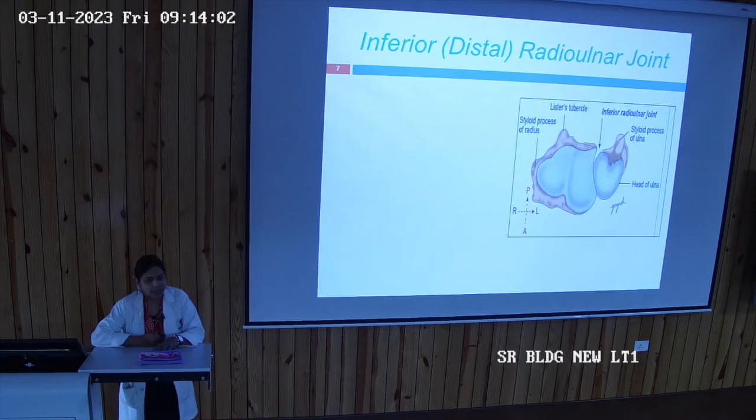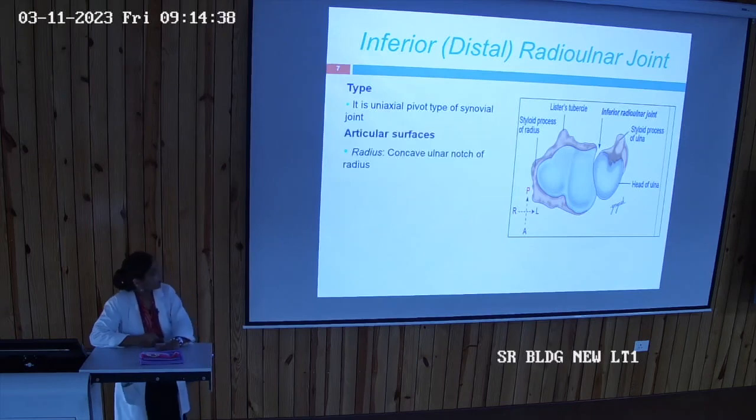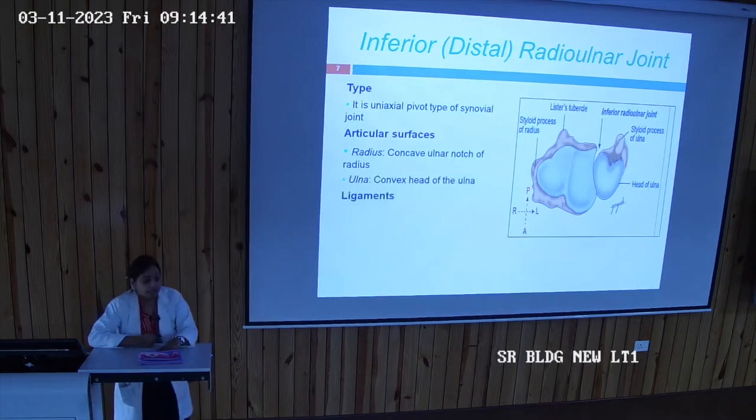Now what are the capsular attachments? Obviously the articular margins give attachment to the capsule of the inferior radioulnar joint. Inside it is again lined by the synovial membrane. The synovial membrane extends upwards for a distance and forms a sac, known as the recessus sacciformis. It is a sac formed by the upward extension of the synovial membrane of the inferior radioulnar joint. Am I clear to all of you? So the surfaces are the ulnar notch and head of ulna, then the ligaments: capsular and synovial.